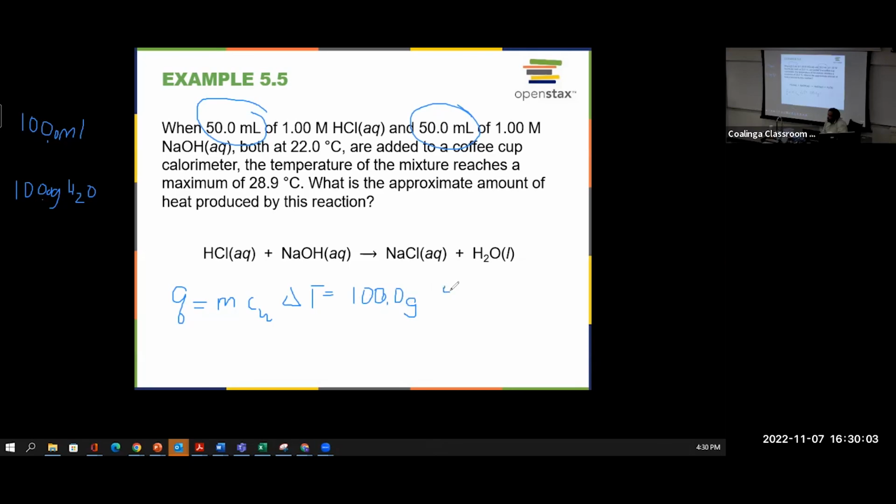And then we know the specific heat is 4.184, that's, oops, sorry, joules per gram Celsius. And then our change of temperature was 28.9 minus 22.0. So then our Q water equals